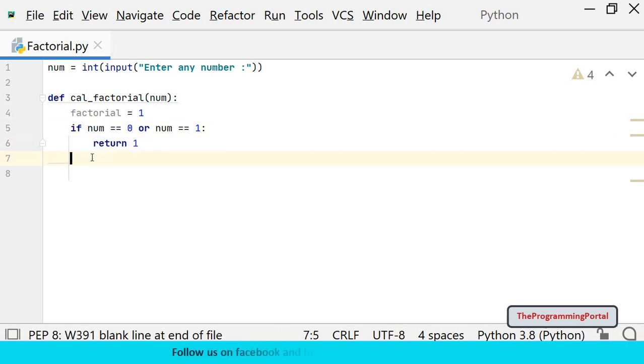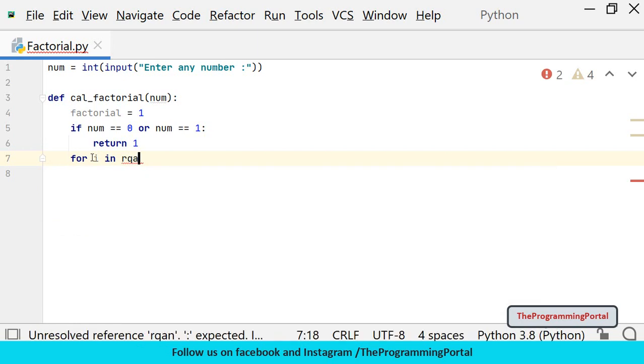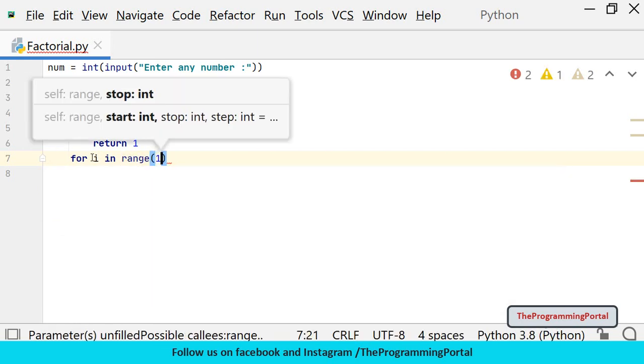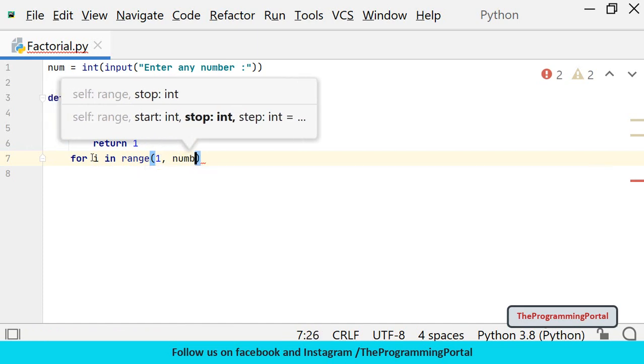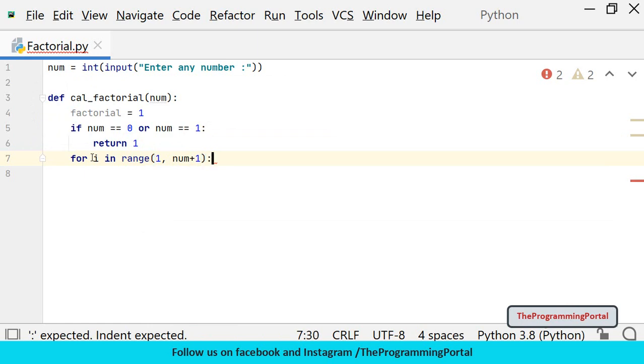Next we can use a for loop to iterate through numbers till the designated number. So we can write for i in range, and loop start with 1 till that number. So we can write num plus 1. Then we can perform the multiplication.